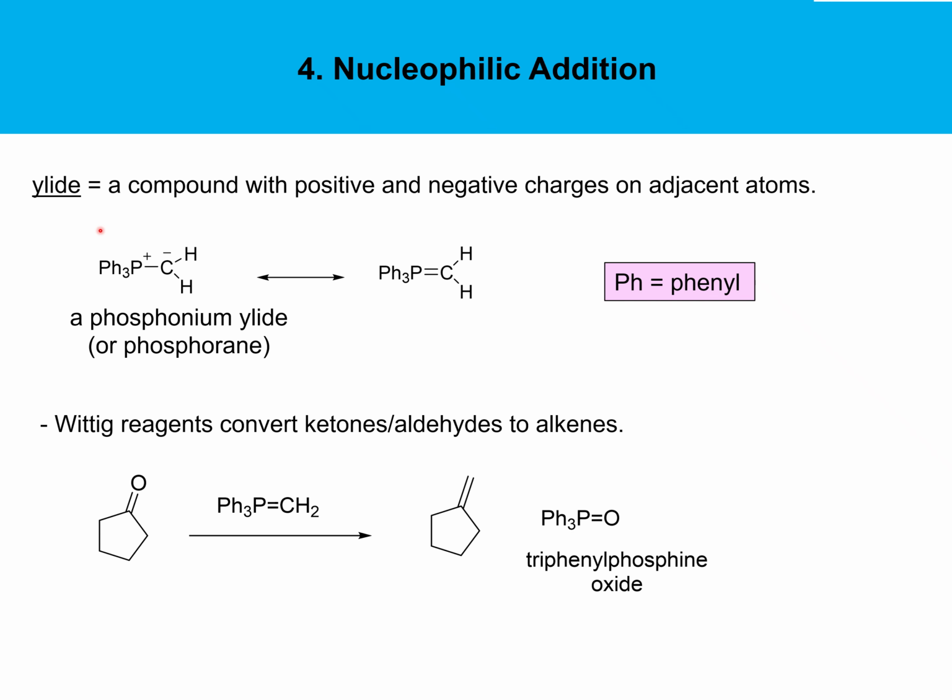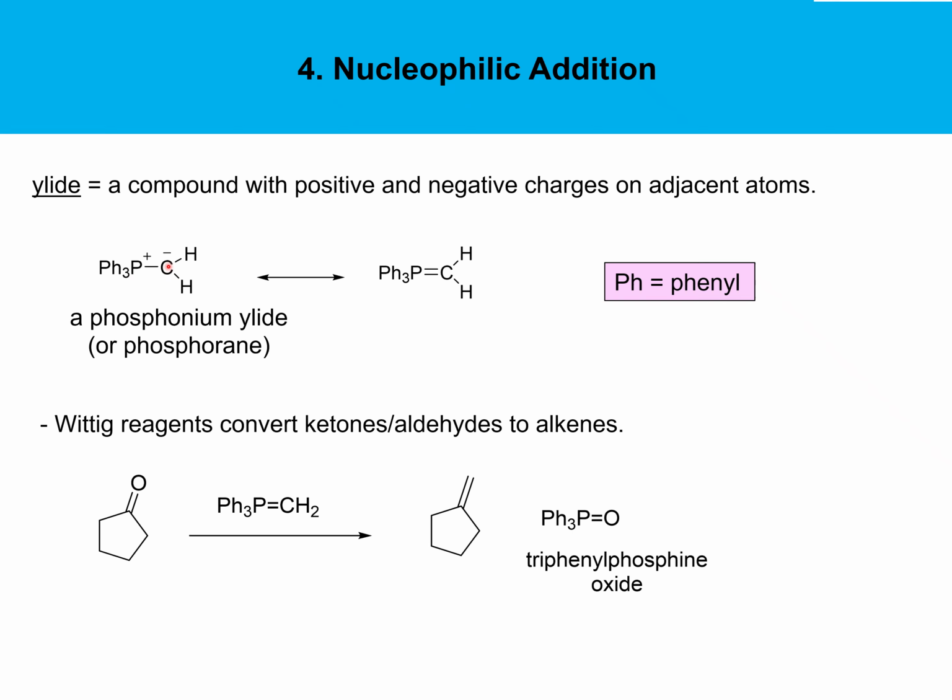Ylides are compounds that contain both a positive and a negative charge on adjacent atoms. A good example of that is a phosphonium ylide. Phosphonium means there's a positive charge on phosphorus, and ylide means there is an adjacent negative charge, in this case on a CH2 group. Phosphonium ylides contain two resonance forms, so sometimes they're drawn like this with a positive and